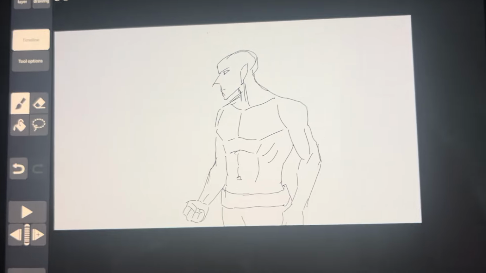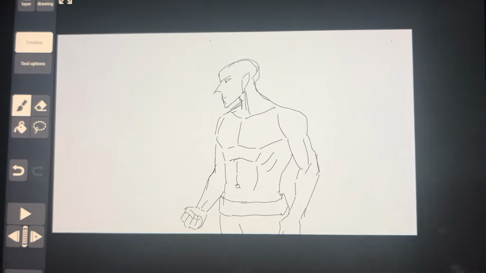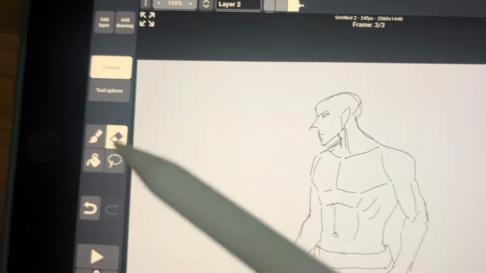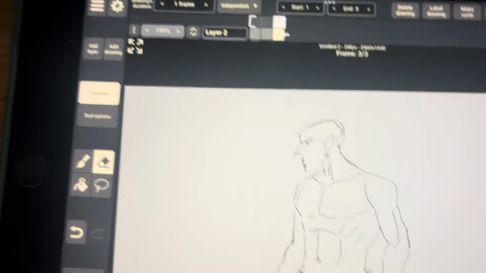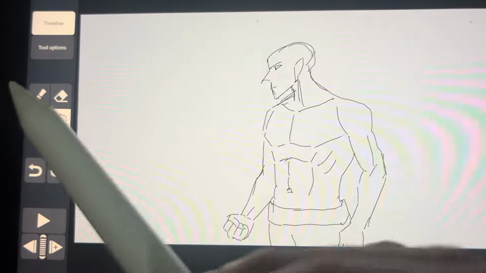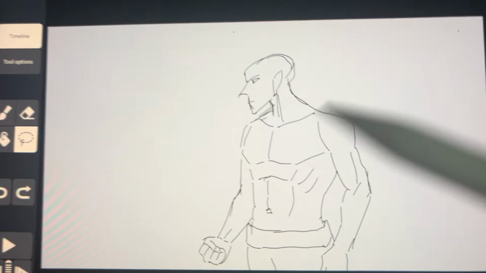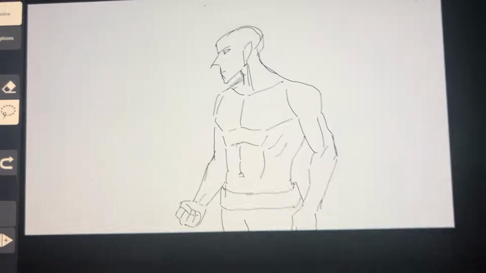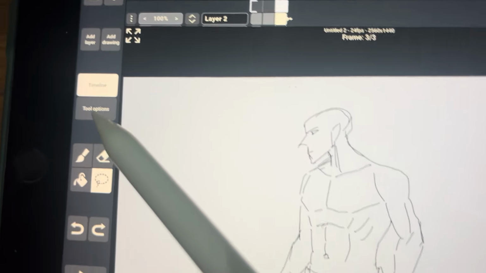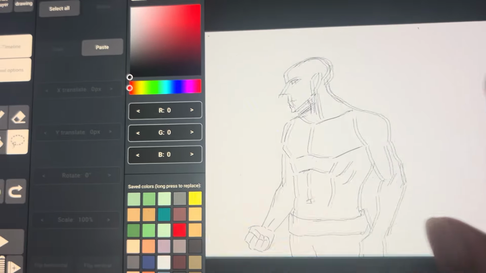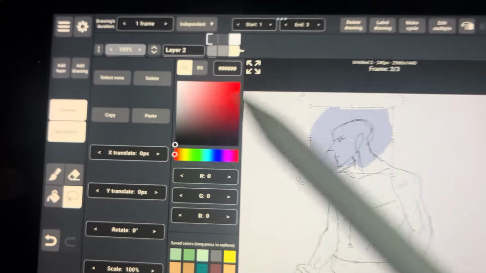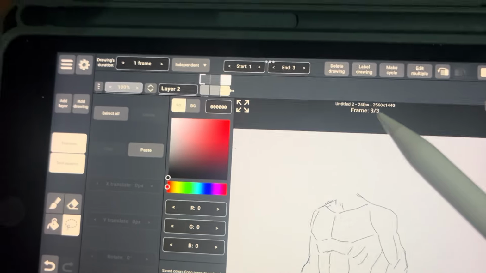Third tip is when erasing. There are two ways to erase. First is obviously the eraser tool, and second is the lasso tool. Before I tend to use the eraser tool all the time, but then I discovered that it is much more efficient to use the lasso tool because, for example, you're deleting something like its head, you can just choose it and then delete.